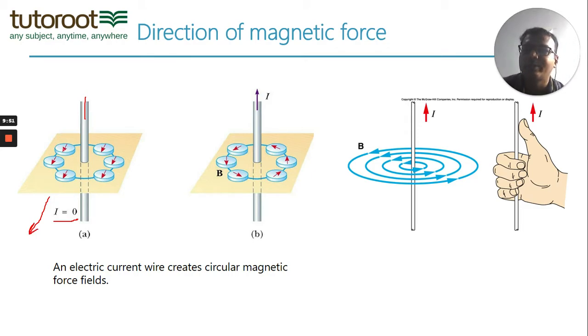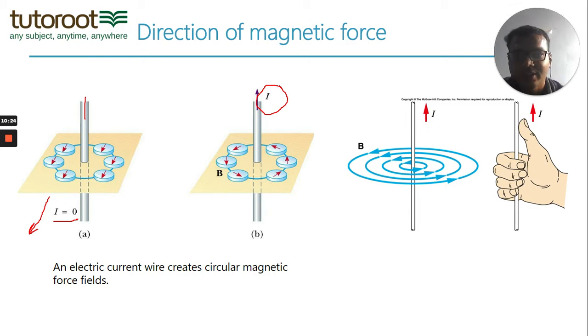Now these compasses are showing the north direction because right now they are under the influence of the Earth's magnetic field. The Earth's magnetic field tells every compass to point in the north direction. Because it's just the Earth's magnetic field acting, every compass is only influenced by the Earth's magnetic force, and thus everybody is pointing towards the north direction. But when you start a current in this wire, you see deviations in the compass.